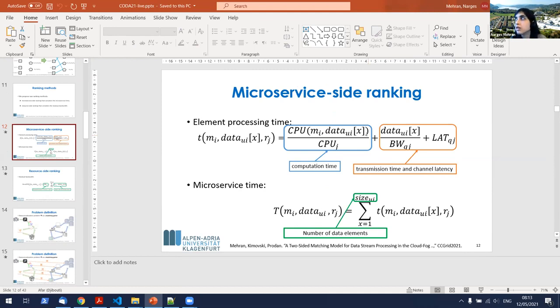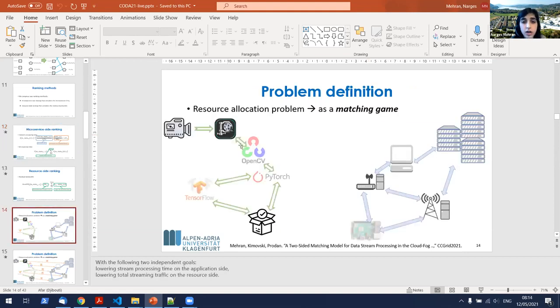I would like to say that at the beginning we would like to consider such a data stream that a specific microservice, for example, here the compression microservice, will receive a large amount of video data in terms of, for example, the frame size, and it will start its processing, so that at the beginning it will be clear for us.